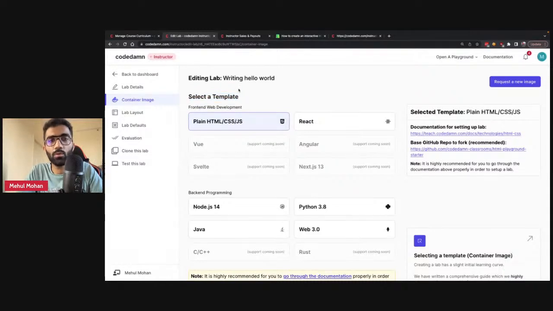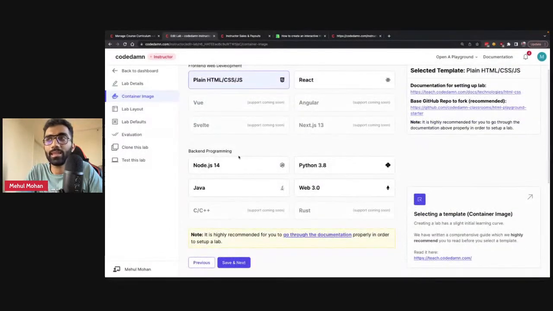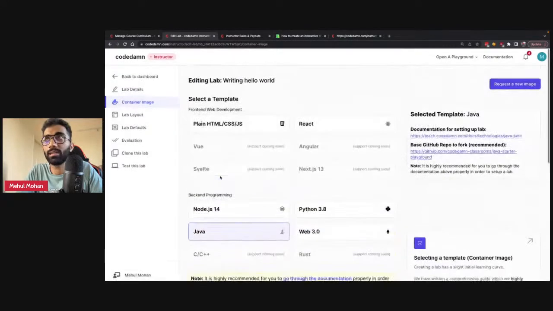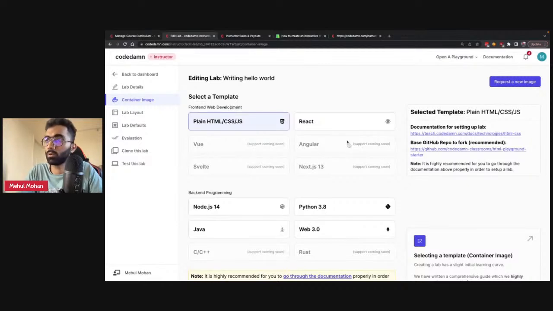This template is almost like a hint for the platform, in order to understand what kind of programming or what kind of lab you are building, right? Well, an inside technical secret of this is that any particular template would work, whatever you select over here. But this is a hint for the platform to optimize your playground for the end user, right? So if it is a React playground, we will optimize it in a certain way. If it is an HTML, CSS playground, we'll optimize it in a certain way.